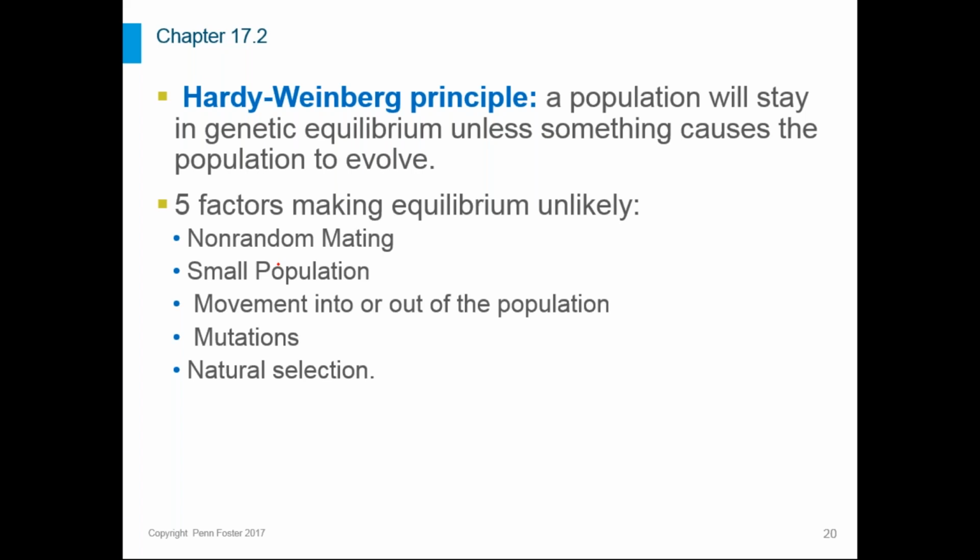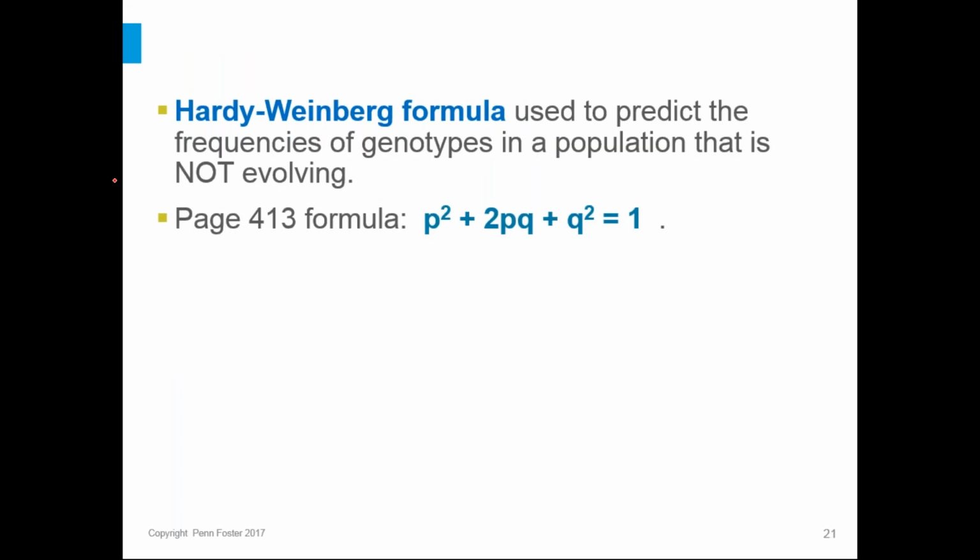Mutations obviously create new alleles, and as we've discussed, natural selection, by definition, causes a population to shift to be more fit. Okay, so these are the 5 things that work against genetic equilibrium. So if any of these 5 are happening, we don't have genetic equilibrium. But if none of those 5 are happening and our population is really stable in genetic equilibrium, we can use